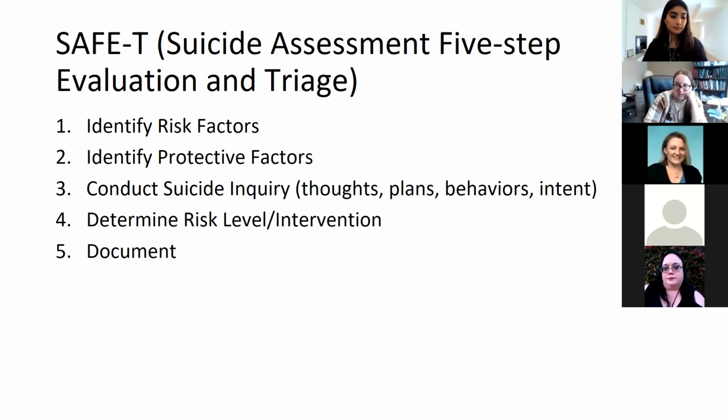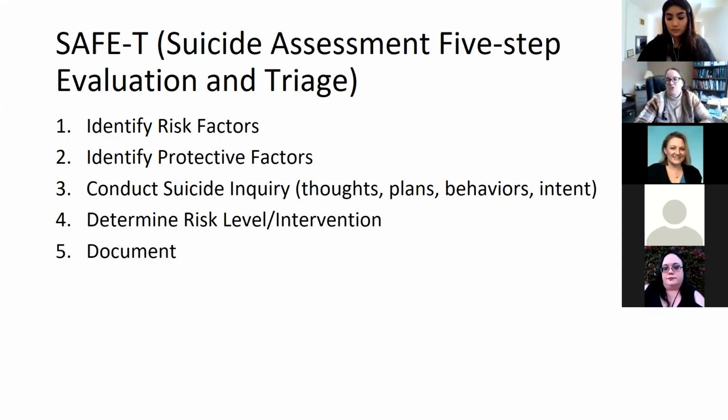So let's look at the SAFE-T. The nice thing, and this was actually what we used and thought about when I worked in an emergency department in North Carolina, is that it's a 5-step evaluation and triage. And I like it because it's a quick way to remember things. And so with the SAFE-T, what they want